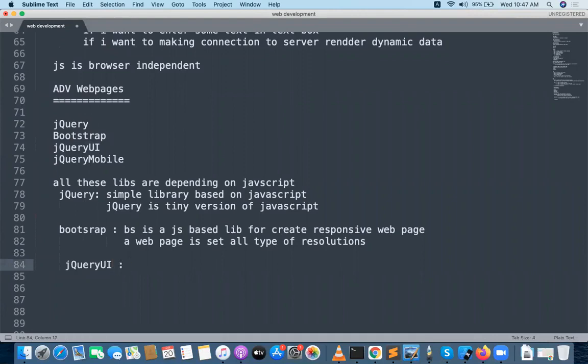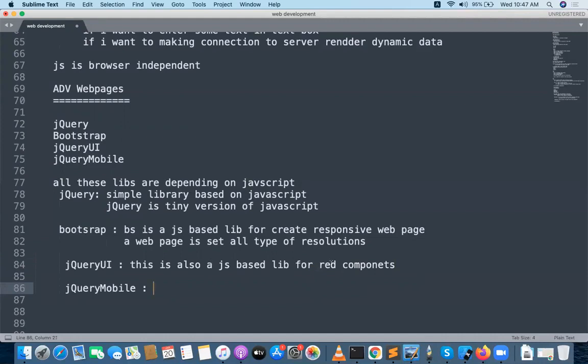jQuery UI is also a JavaScript-based library of ready-made components. We can utilize all of these components when I import jQuery UI in my web page.